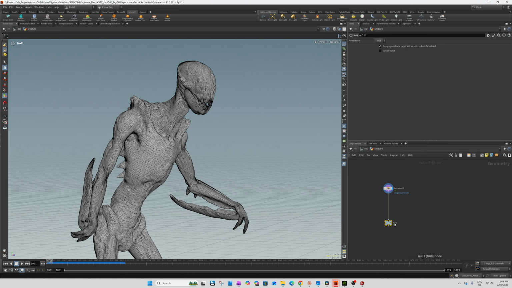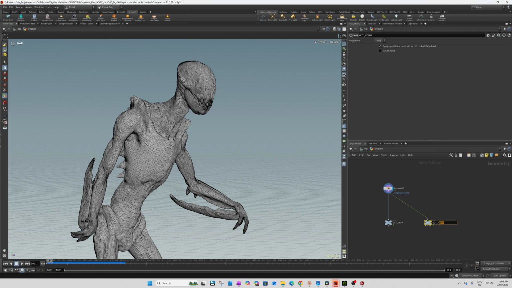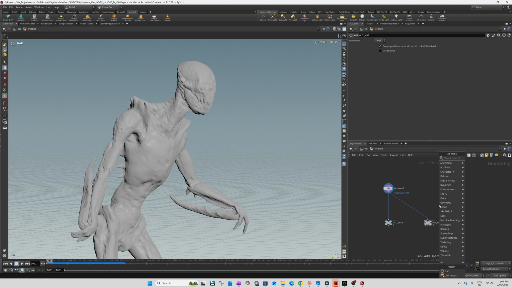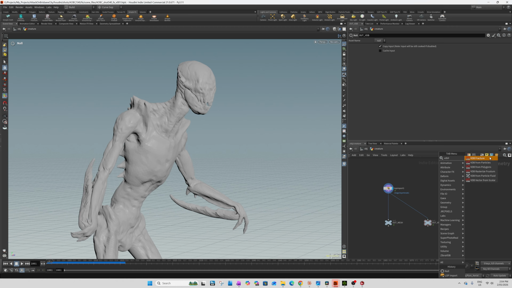grab a null. Let's just say mesh. VDB. VDB from polygons.